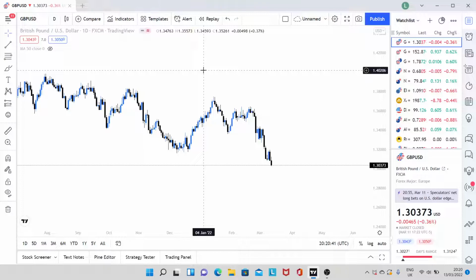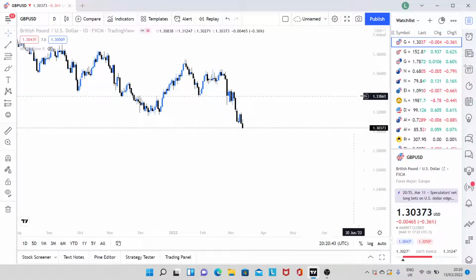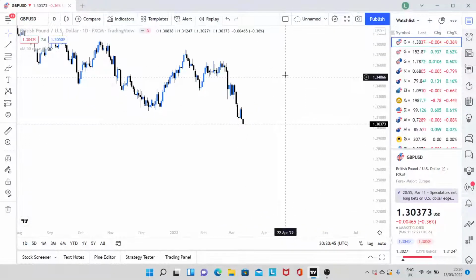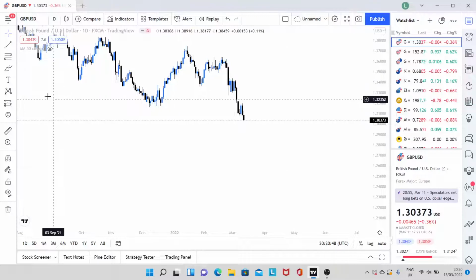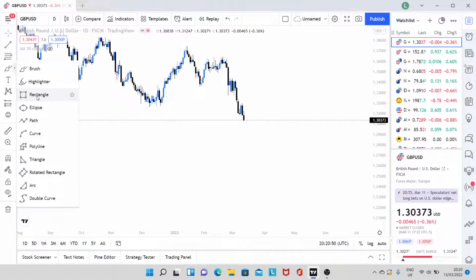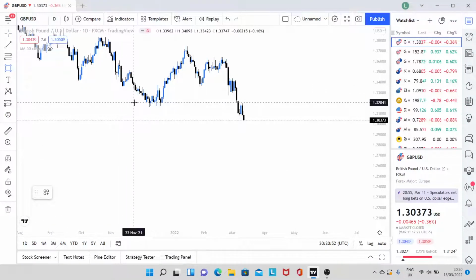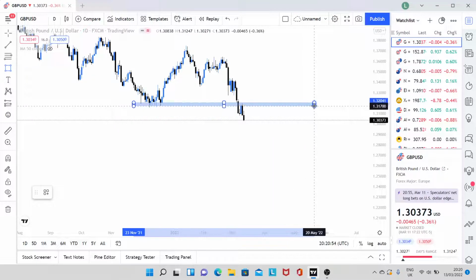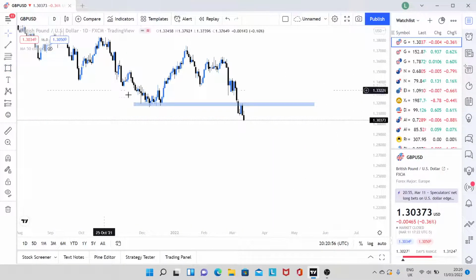Right, this is exactly what I'll be doing. I might go quiet, but for the most part, I'll try and explain what I'm doing. I want to get up some zones that just stand out nice and clear. So this one, a beautiful zone here, was support, broken, retested, continued down. That is an absolutely beautiful zone.